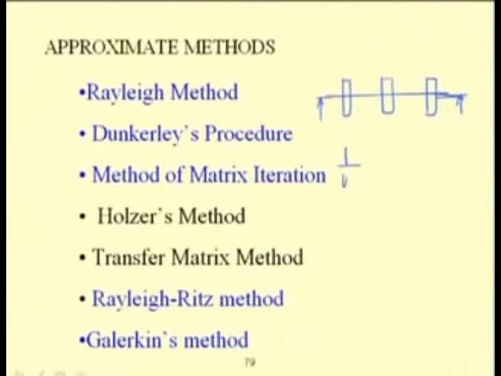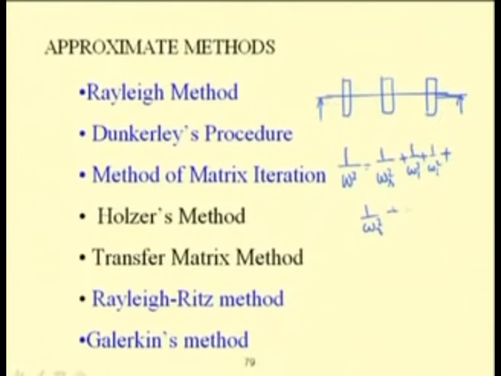Without the mass, if one knows the natural frequency of the shaft, let it be omega s, then the natural frequency of the system, omega square, will be equal to 1 by omega s square plus 1 by omega 1 square plus 1 by omega 2 square plus 1 by omega 3 square, and if there are n masses, it will go up to that. Here omega 1, omega 2, omega 3 are the natural frequencies of the system when the shaft is considered massless. Omega s is the natural frequency of the system when one considers the mass of the shaft in the absence of the disks.